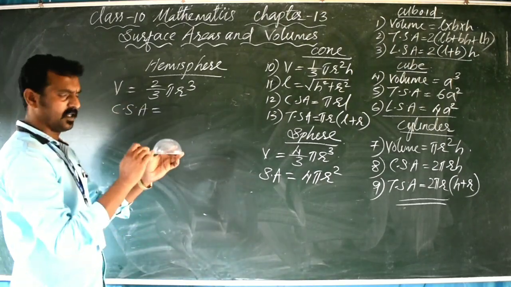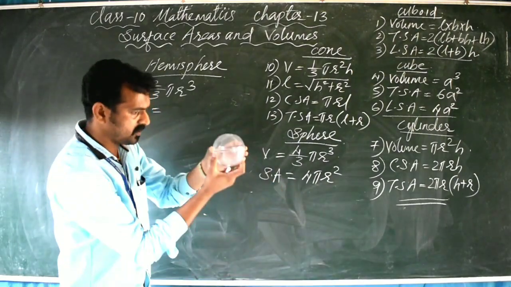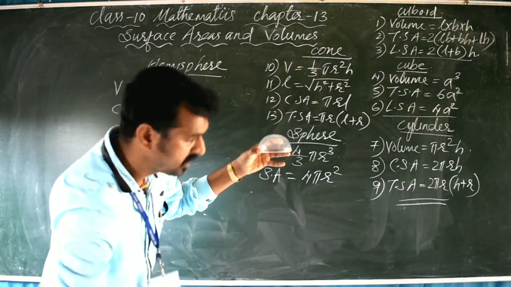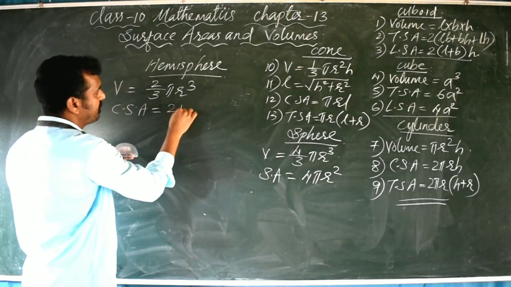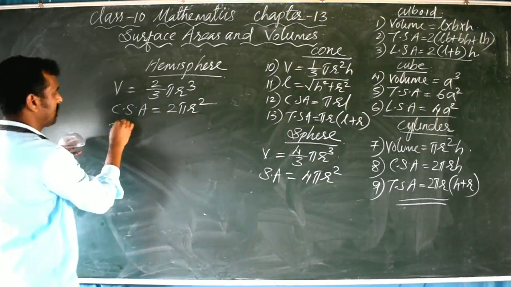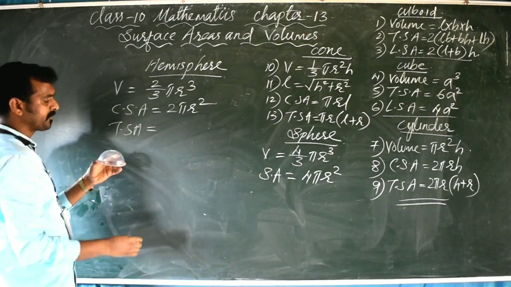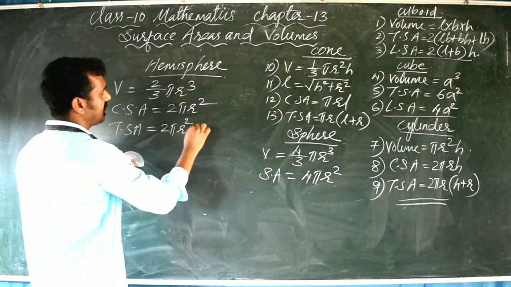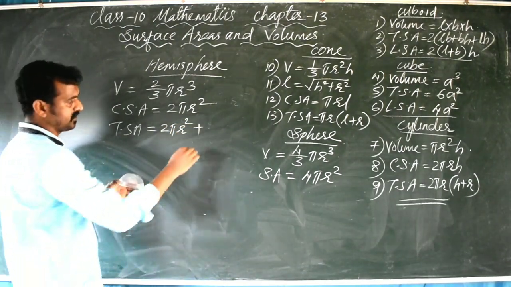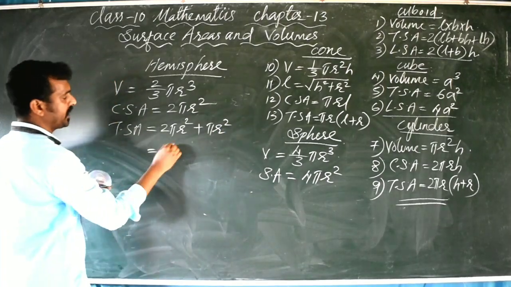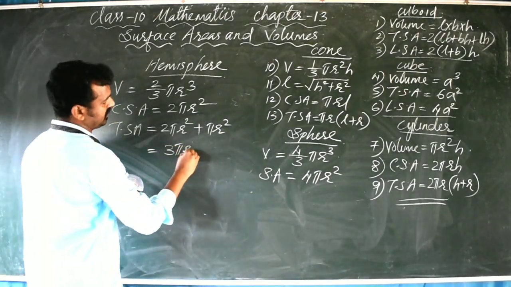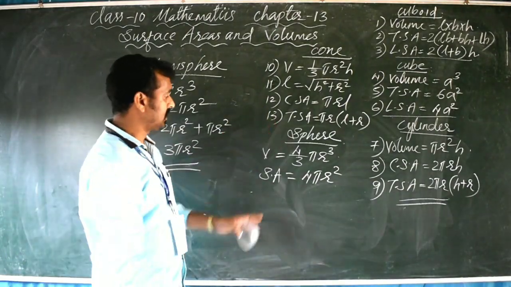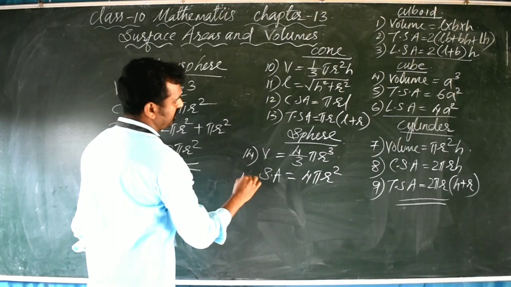Curved surface area is equal to half of the sphere's total surface area. Sphere total surface area how much? 4 pi r square. So half portion we have taken out. Then half portion, what will come as answer? 2 pi r square. Then total surface area is equal to curved surface area plus area of the base. Curved surface area 2 pi r square plus area of the base. Base is in the form of a circle, so it will come pi r square. 2 pi r square plus pi r square. What is the answer? 3 pi r square. So that is 13. This one is 14, 15,